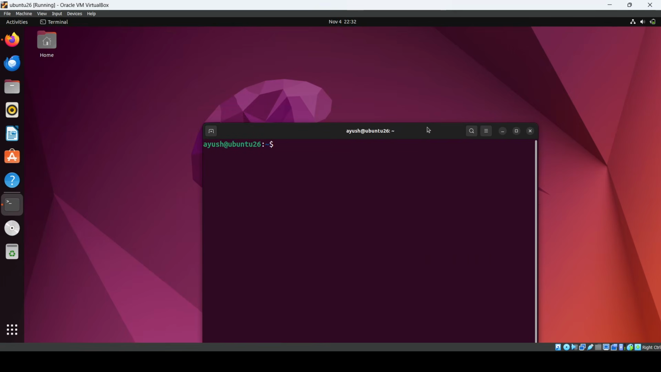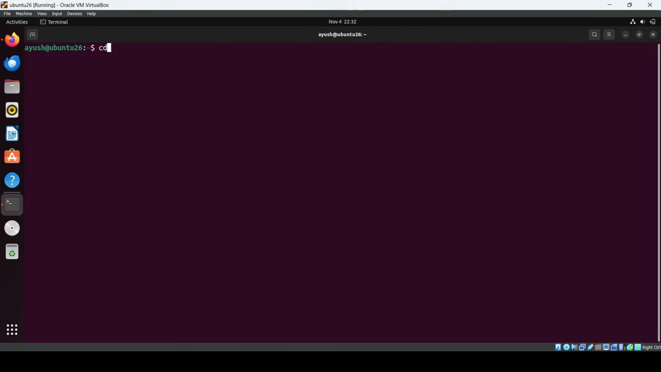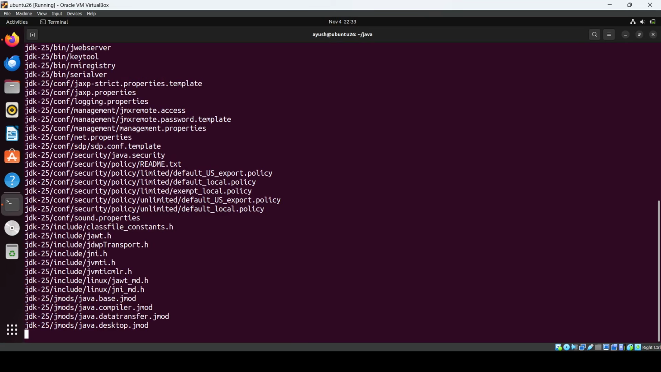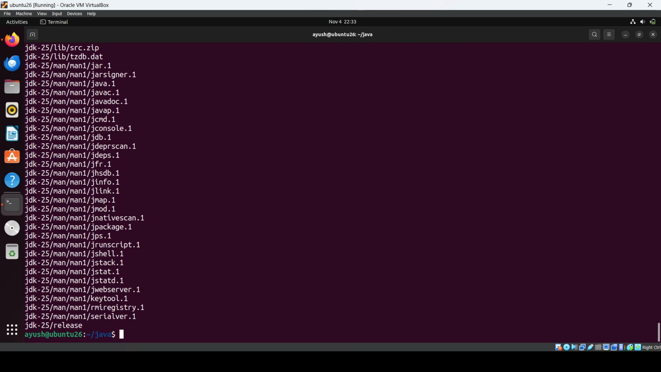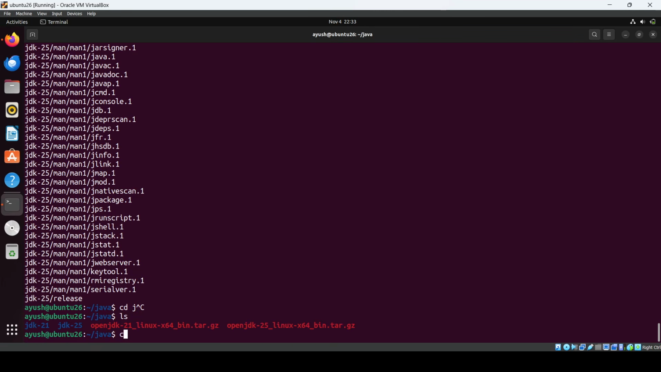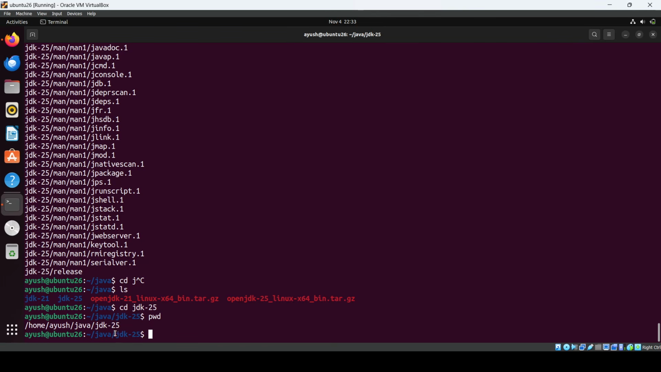Okay, so currently I have moved both the downloaded tar files into this Java directory. So I've created a directory, and this one I have just unpackaged, that OpenJDK 21 version. So what you have to do, we will just untar this 25 also. Okay, so here you can see it has created a directory with JDK 25. Okay, so to use this 25, what we are going to do,